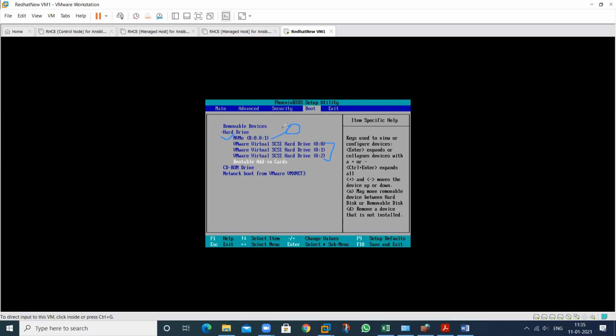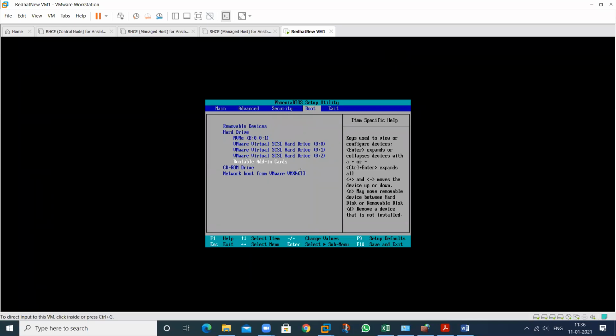So when you start my machine, anytime it will boot by using this particular NVMe, non-volatile memory. NVMe means it's my SSD hard disk, solid state drive. So by using this particular SSD, we want to boot my machine anytime. So keep this on the first, on the top, so my machine can work by using this particular hard disk.